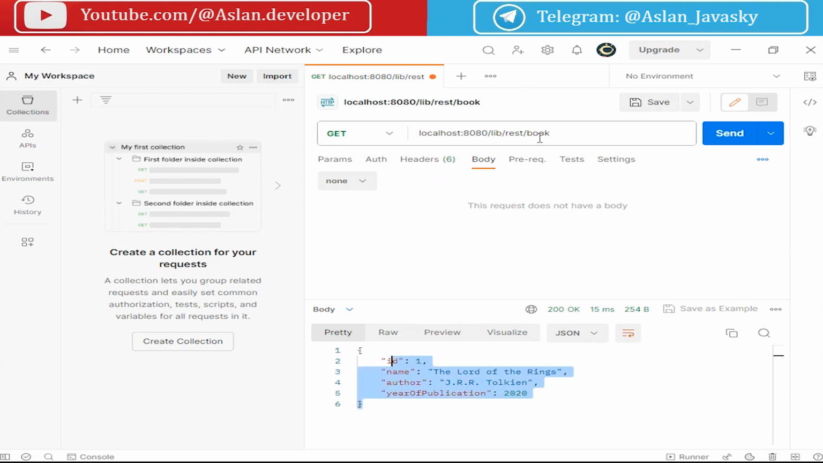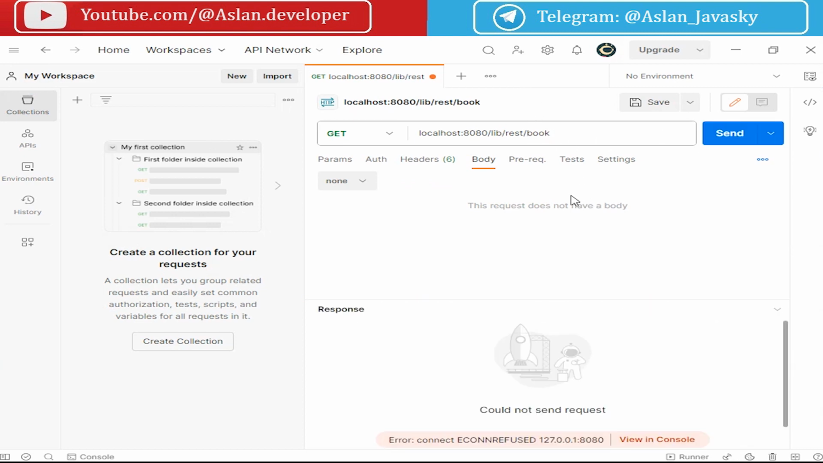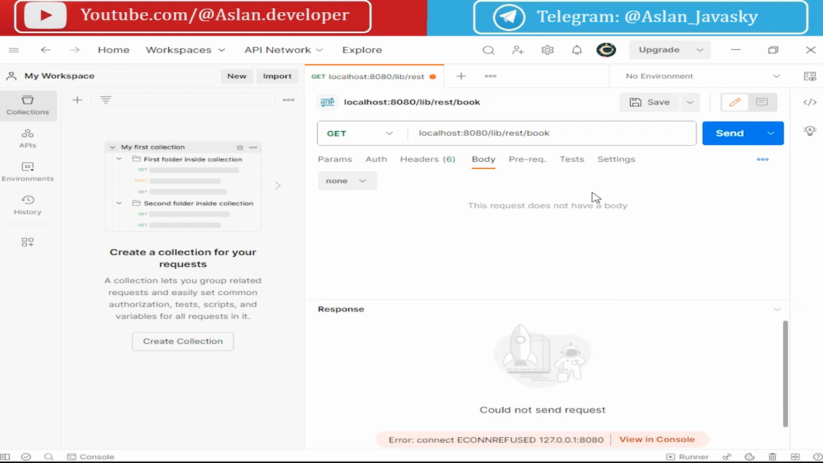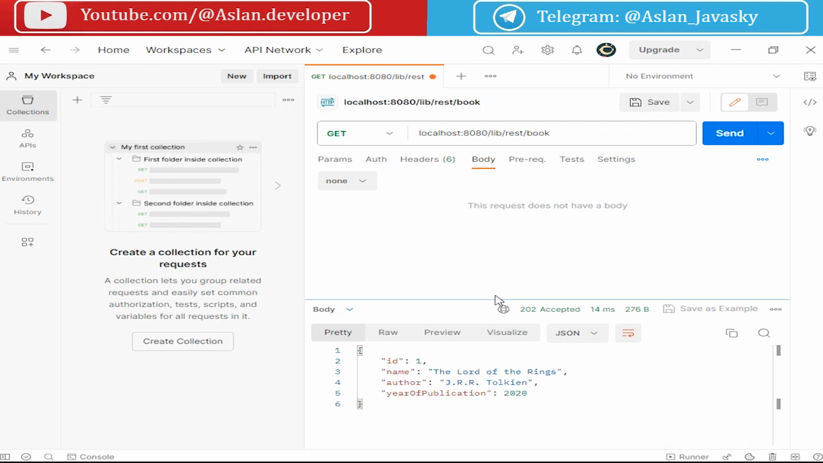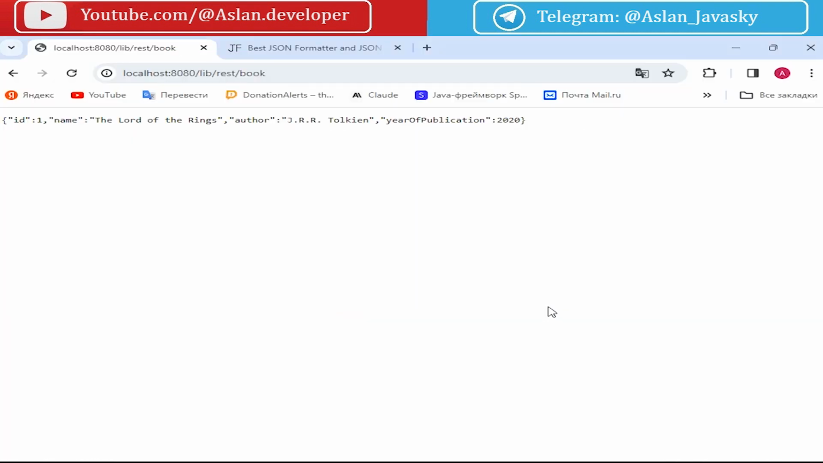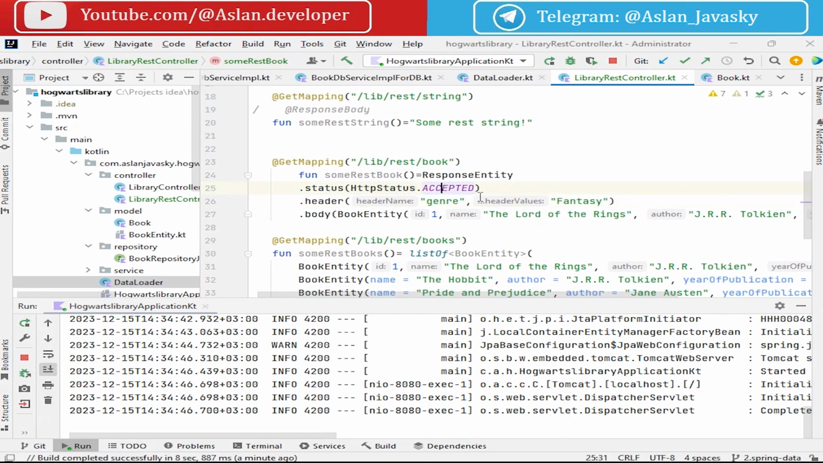and open Postman and send this book response request. Library REST book. Yes. And you see 202 accepted. We change the status on accepted,